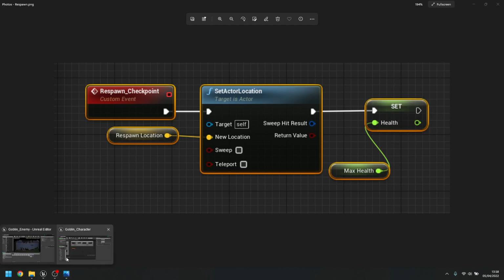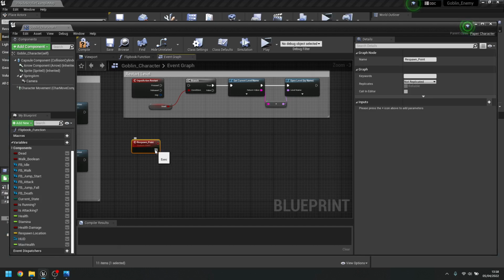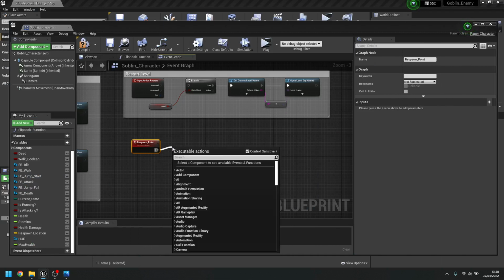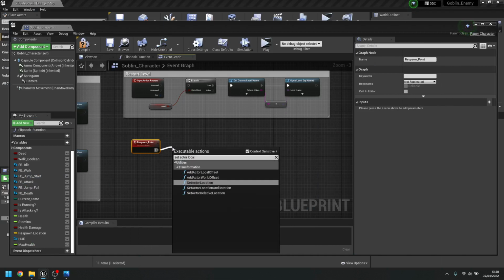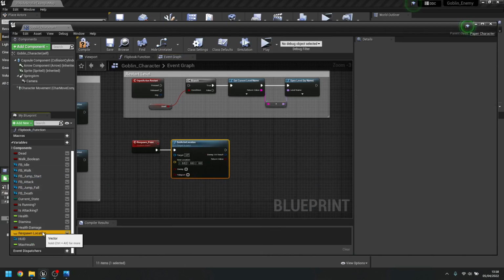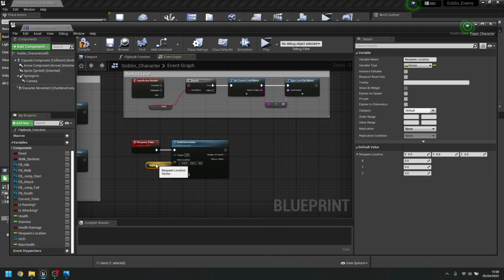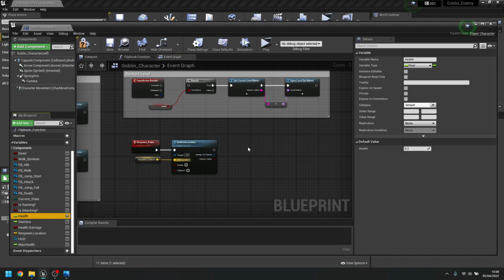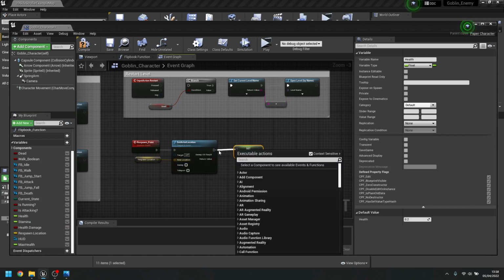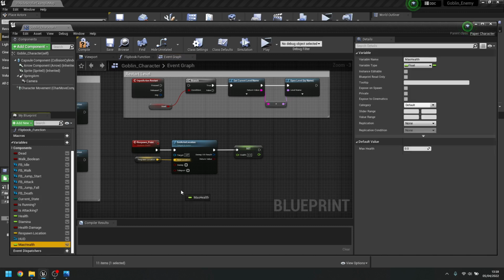So just recreate that. We need the set actor location to begin with. Just search it, it should come up. Then we want to bring in the respawn location. So if at any point I'm going too fast, pause the video or catch up, then move forwards. Then we need the health. So basically, we need to set the health based on what you would start the game with. So I'm just going to get the max health,